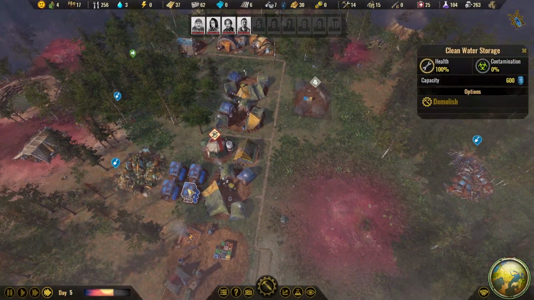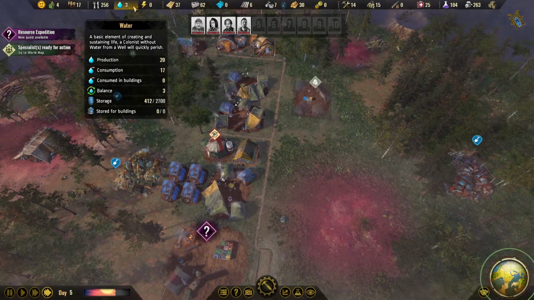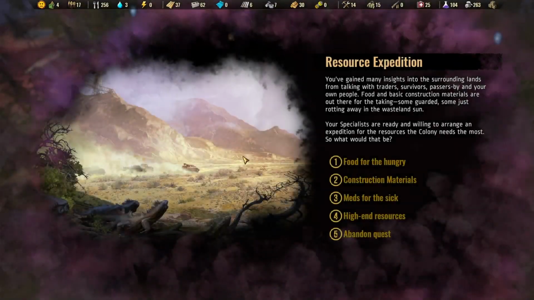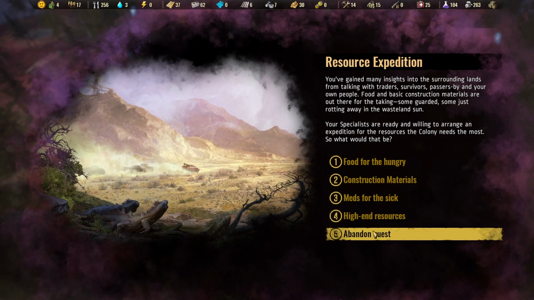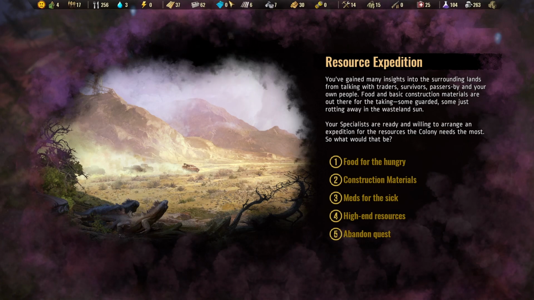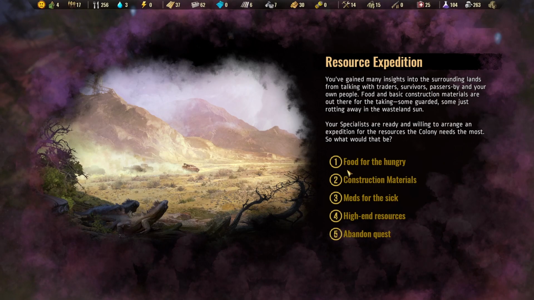And we also need to make sure these water tanks are filled up. We should have, what is that? Oh yeah, 2,700 storage for water. Oh, we have a new resource expedition. Let's focus on construction materials, I think. We could do high-end resources, but I think we want to focus on basic construction. Food is looking good, so...